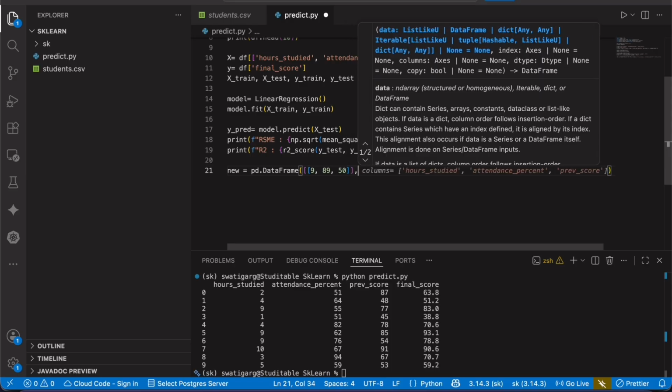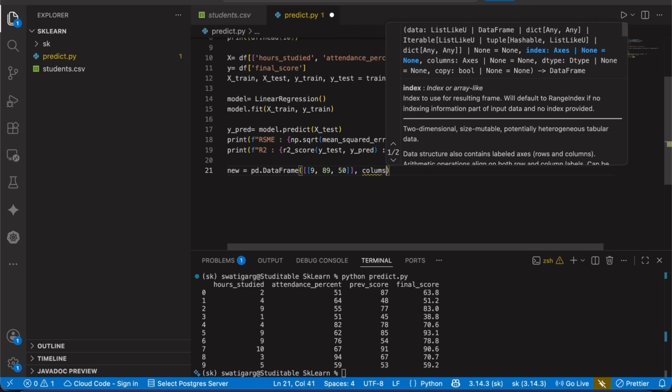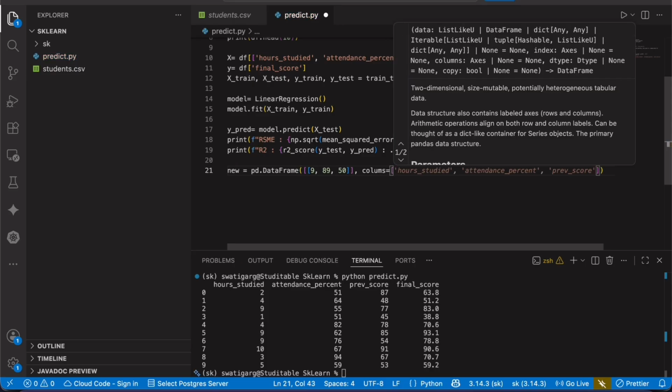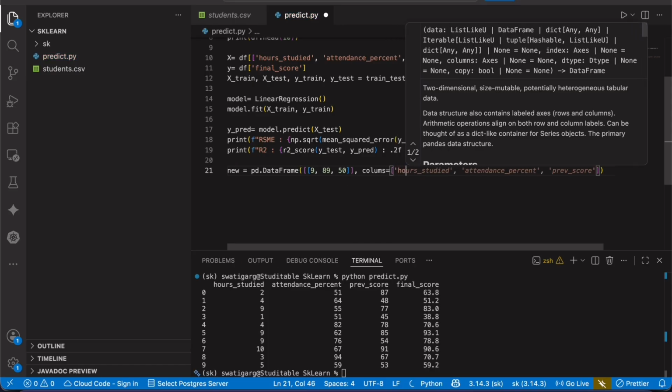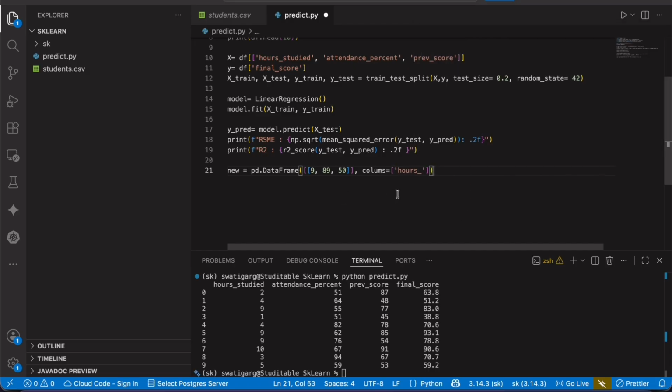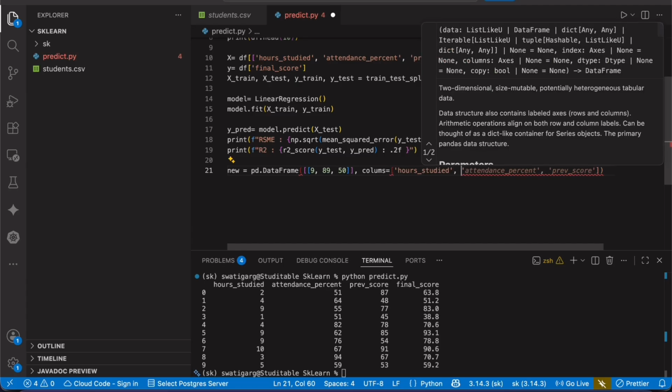And we specify the columns here so that it knows which column is which: hours studied, attendance present, and previous score.